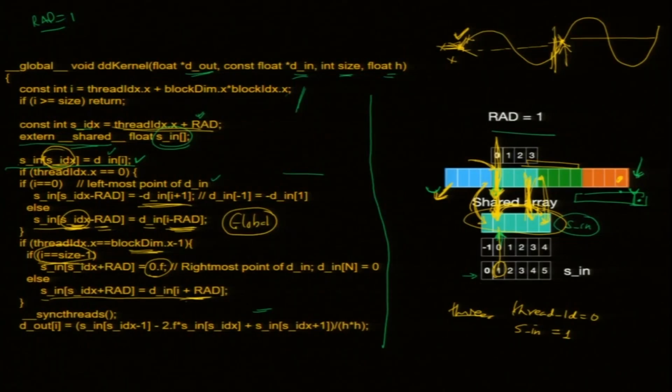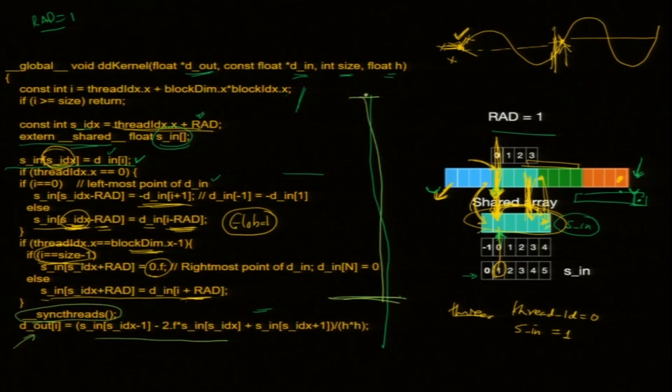After this is done, I need to add one more important thing: __syncthreads. Why sync threads? Because every thread is doing its work, all the workers are doing their work, but some of them may be doing it quicker than others. Imagine that I do this derivative computation and at least these edges are not updated; then I will not get the correct value. I want my shared memory to be filled properly. So, every thread should have finished the job up to here.